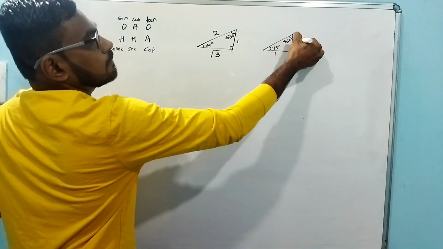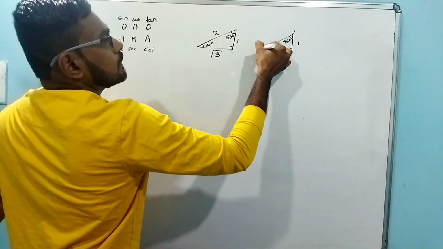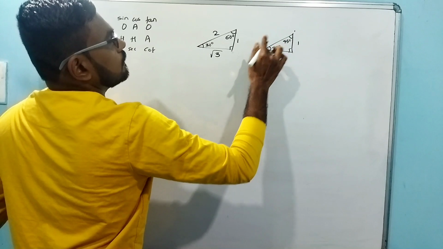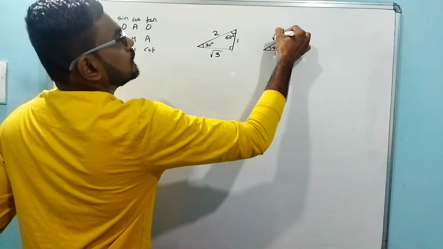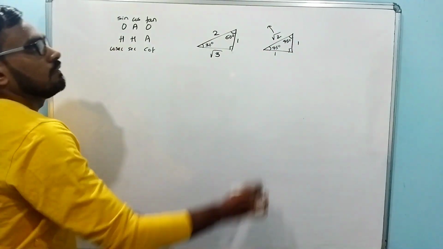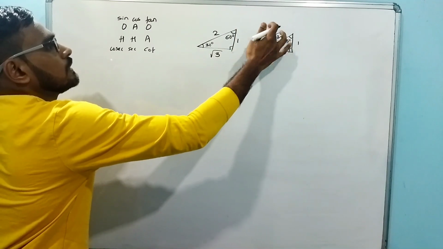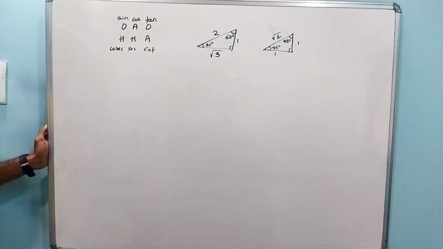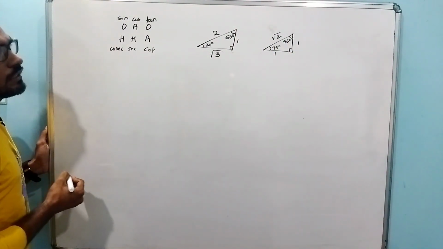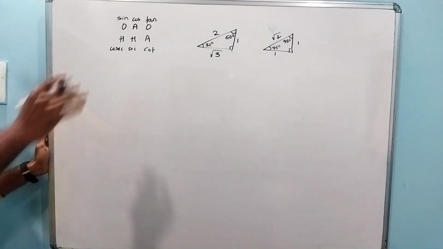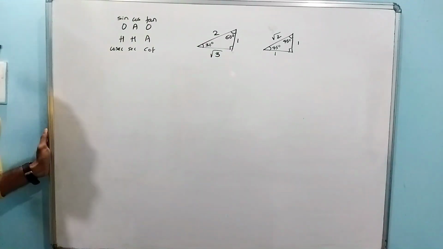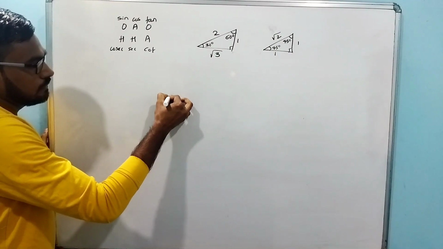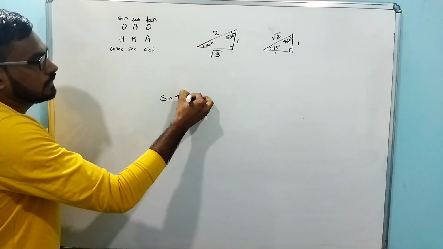So one thief here, one police here. When they both reached here, the police saw the thief, and then he took him in this jeep and they went to the police station. So like this you can remember these two. Next, now we can easily find trigonometric ratios if we know these three things. For example, sine of 45 degree, how to find sine 45 degree?